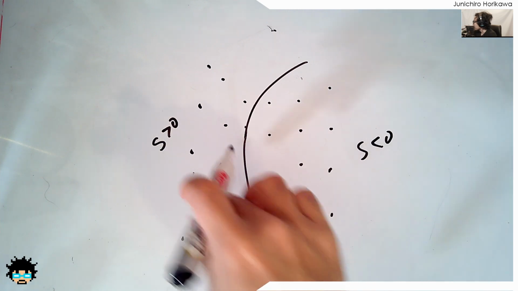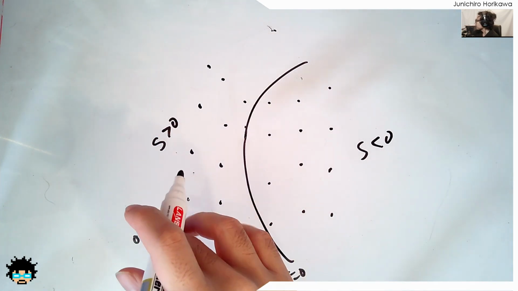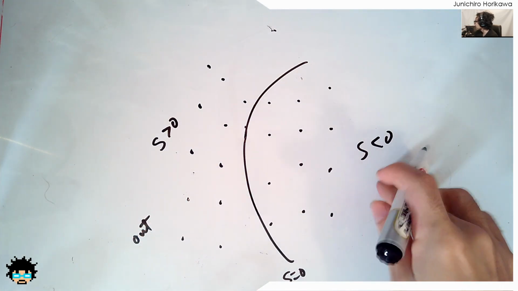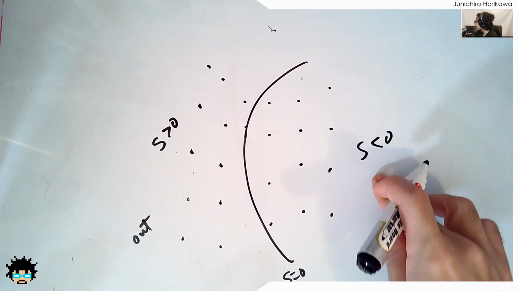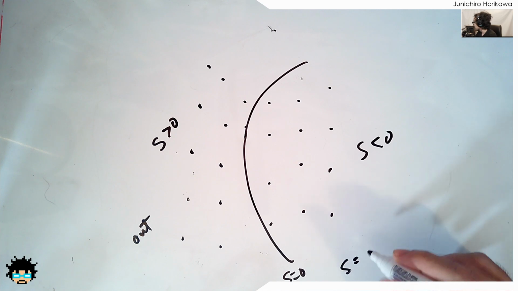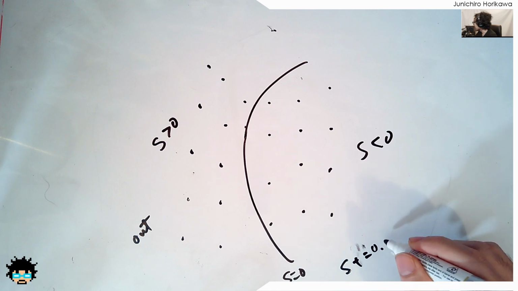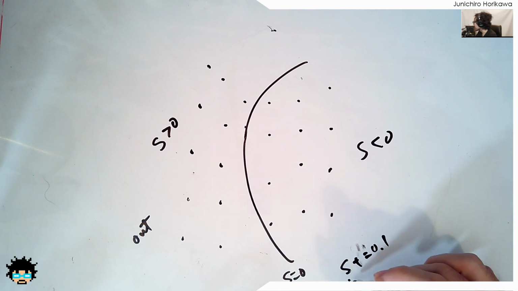If it's outside, then the surface value is positive, and if it's inside, the surface value is negative. And if you update this surface value by adding 0.1 to its original value,